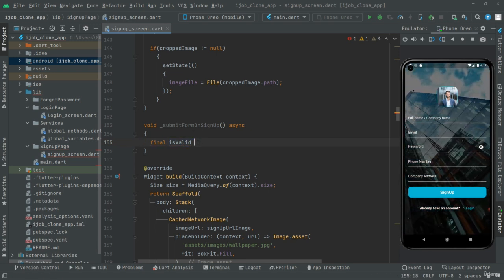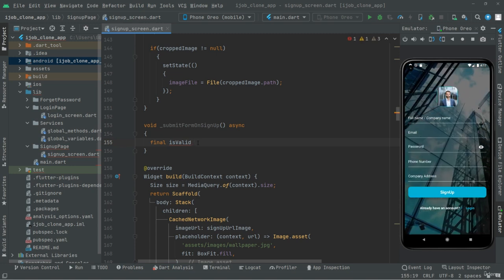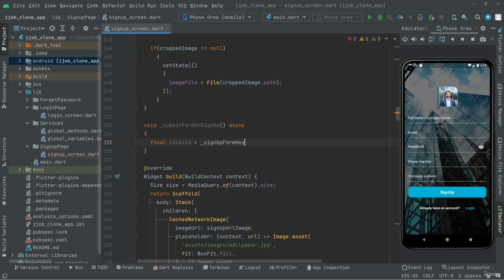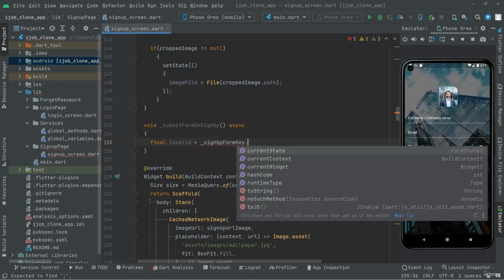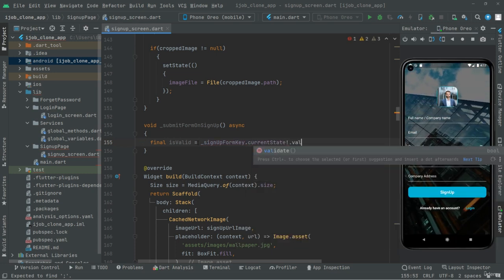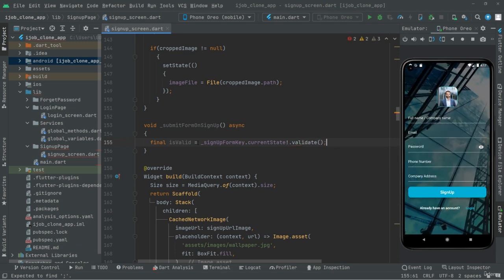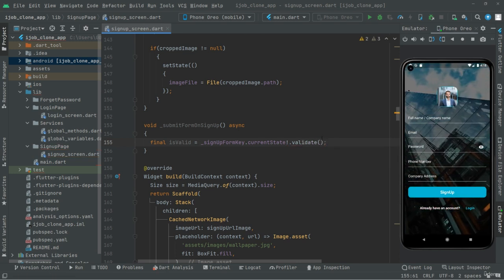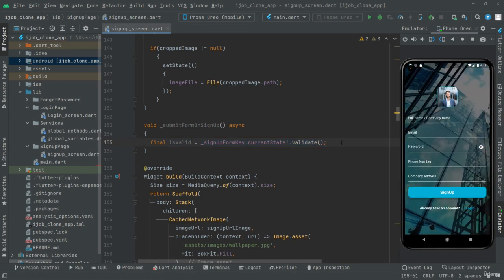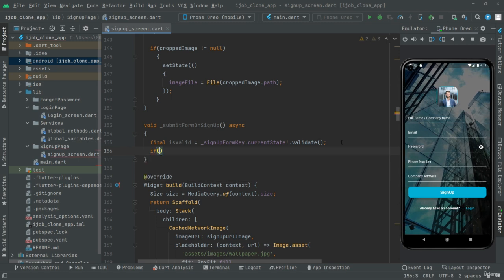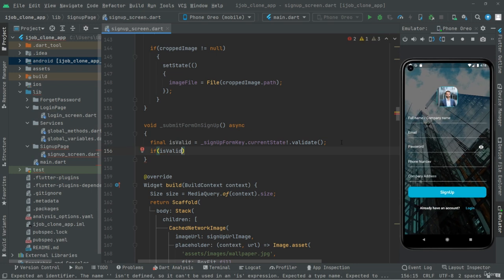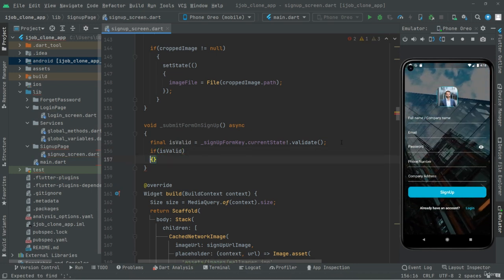So let's move further. Now in here we will say sign up form key, the global key that we created before, dot current state, null check, dot validate. This is going to validate that. Then we're going to assign that to this variable. Right after, now we will say if this is valid, then right in there